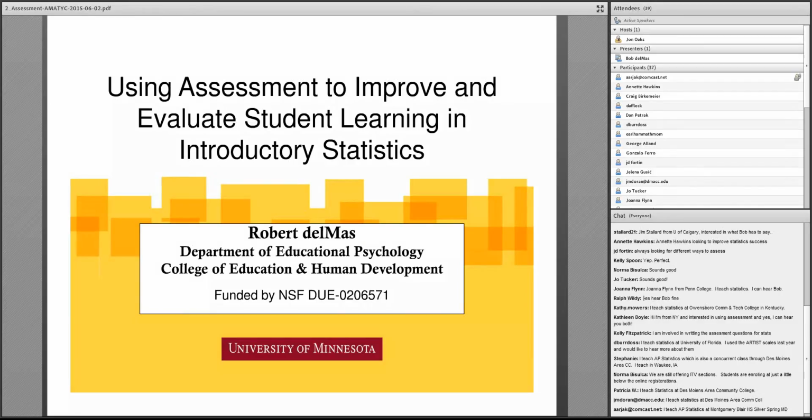He has been co-PI with other leaders in statistics education on several projects funded by the U.S. National Science Foundation, and these projects include the Assessment Resource Tools for Improving Statistical Thinking, or ARTIST assessment project, the Adapting and Implementing Innovative Materials in Statistics, or AIMS curriculum project, the Change Agents for Teaching and Learning Statistics, or CATALST curriculum project, the Evaluation and Assessment of Teaching and Learning about Statistics, or the e-ATLAS project, and currently the Levels of Conceptual Understanding in Statistics, or LOCUS assessment project, that has developed instruments for measuring the statistical conceptual understanding of K-12 students. More information can be found on his website.